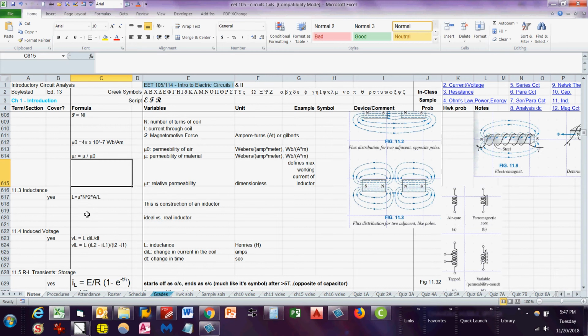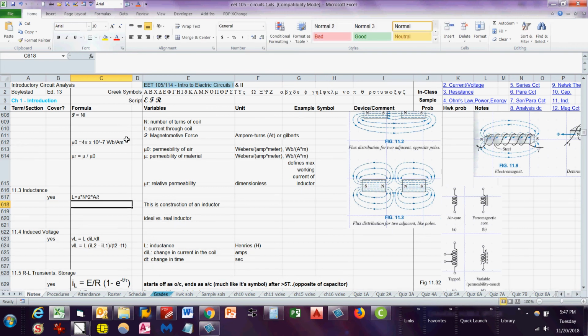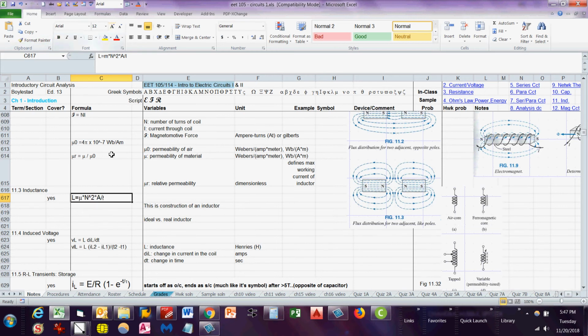Then you have inductance, which is L in henries, equals mu times N squared times A divided by L, where L is the length, this L, which really should be a script L. If that helps at all, it's kind of a small formula. Anyways, L is inductance in henries,